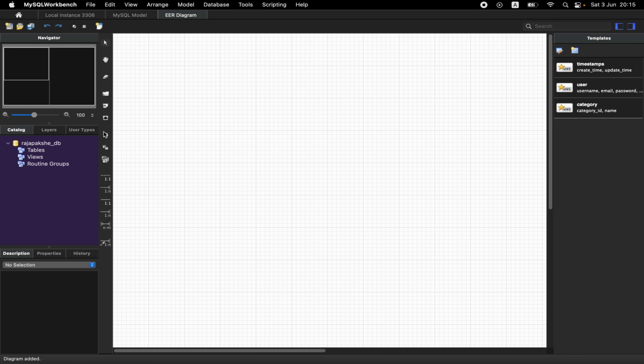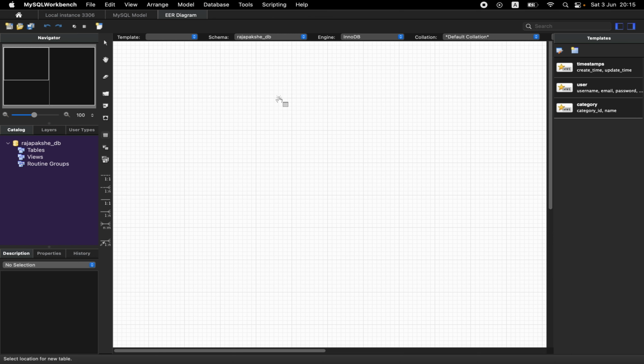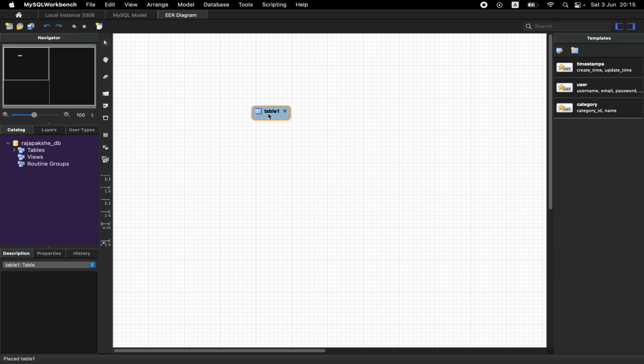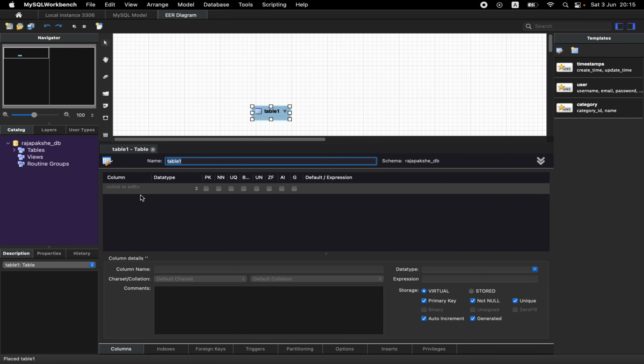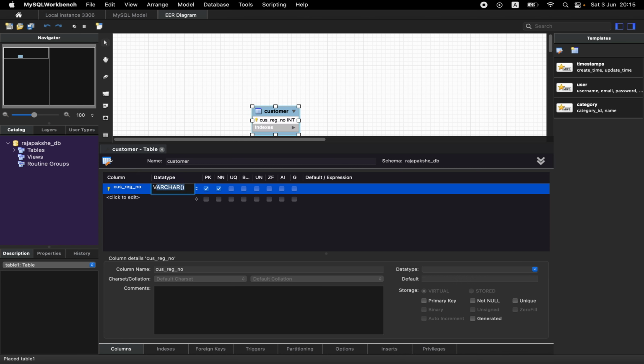To create tables, click on this icon, place a new table, and click anywhere in this sheet. So like that. Now I'm going to edit this table. Double click, and in this tab, you can enter all the necessary information about the table. The first table is the customer, and the first column is customer registration number, Varchar 10. This is the primary key of this table,